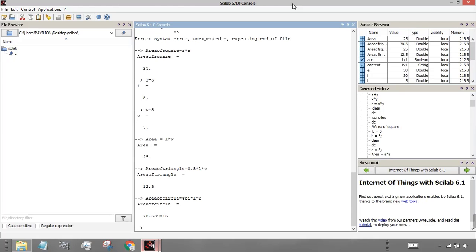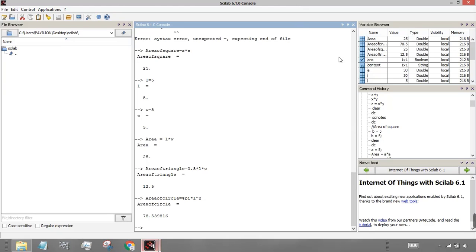So it will give you the area of the circle. Whenever you want to use the pi value, just write percent sign and then write pi. So this is how you use the console to get the areas.